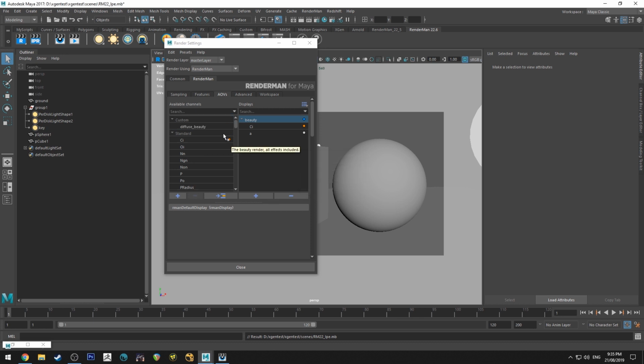Now, the reason I'm giving it the diffuse prefix is because if I want to use denoising, the denoiser actually needs to know what this channel is going to be made up of to figure out how it should run the denoising program essentially. So for this I'm just going to use diffuse. I'm going to use diffuse for all of them. If you are using a specular channel, obviously you'll want to use specular as your prefix.